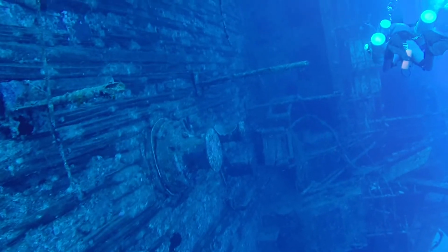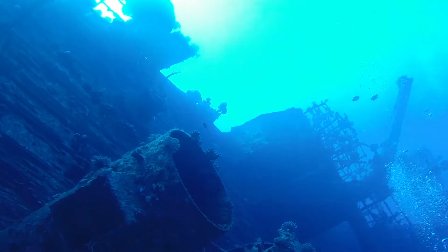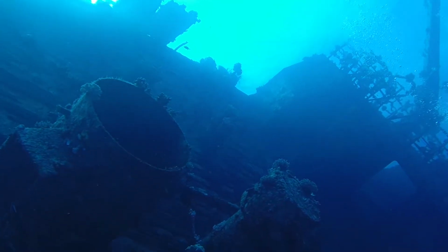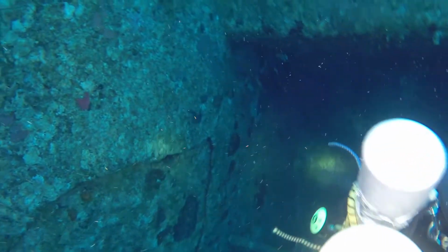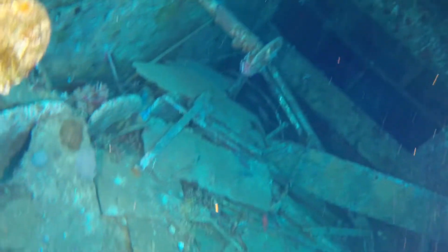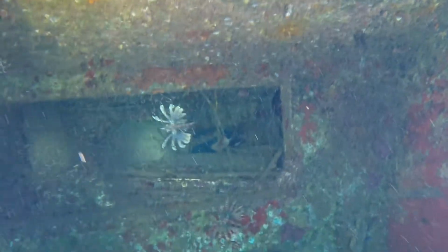When you get to the top of the ship, you can see the wooden decking quite clearly, and it's amazing how quickly the coral has started to grow on all these bits and pieces on the top, and it's quite eerie how you get all the bits of coral growing on the railings and what have you. And there's lots of little places you can poke your head into and have a good look around, and the lionfish protecting all these little nooks and crannies, which is great. Like little